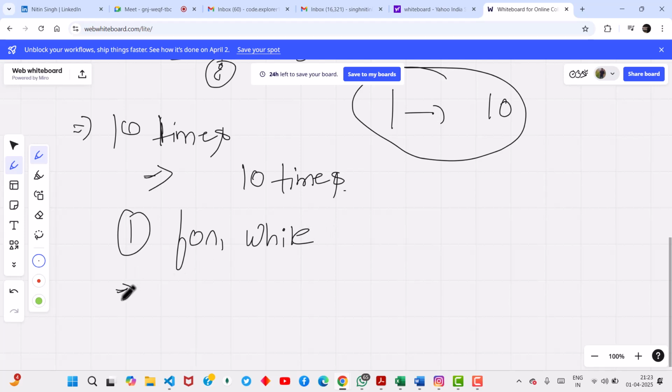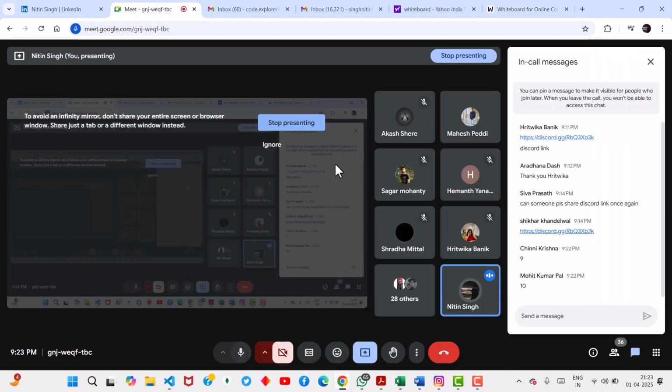So can anyone tell me what's the difference between a for loop and a while loop? Anyone? We are using these two loops in our day to day problems, but what's the basic difference between a for loop and a while loop? Anyone? The while loop, if you don't know the number of iterations, you need to go for the while. And if you know the iteration count,